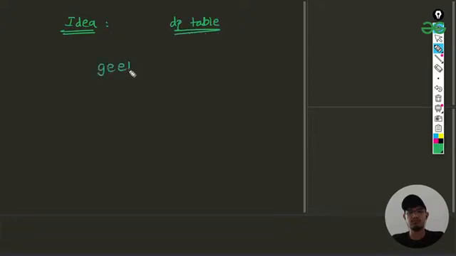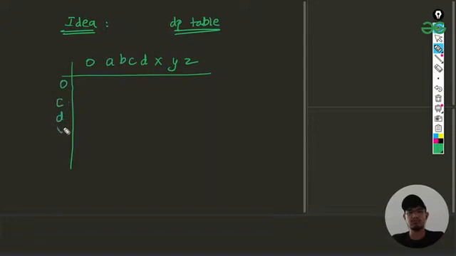Basically we have gigs for gigs, or I'll be taking a shorter example so that I don't need to write more and more. So I'll be taking another example of ABCD XYZ. We have 0 before that, and on this one I'll be having 0 first, and then I'll be writing something like CDX. So CDX is basically the longest common substring in both strings. Suppose this is S1, this is S2, so this is the longest substring.